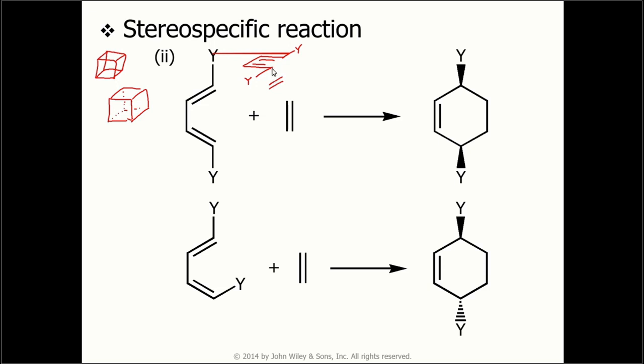Now there is another bond here at this carbon atom that is going to hydrogen. Same here. Again, these bonds are parallel to other bonds in the cube, or at least I'm trying to make them parallel. And here we don't have to worry about secondary orbital overlap because all we have are hydrogen atoms bonded to our dienophile. But what this shows me